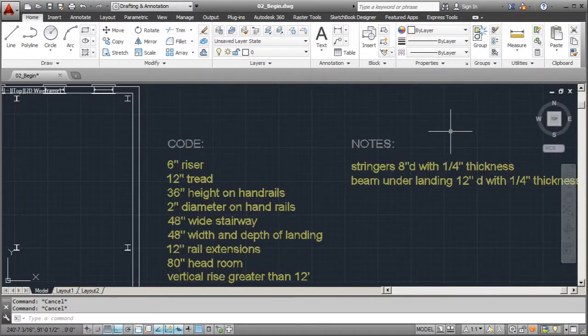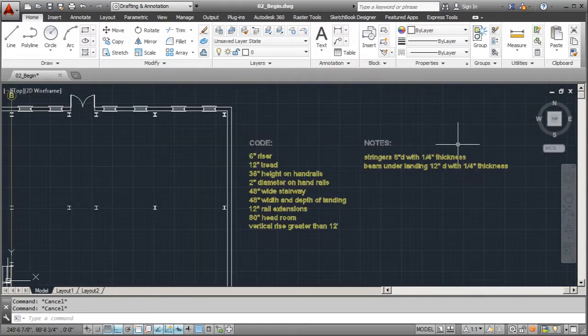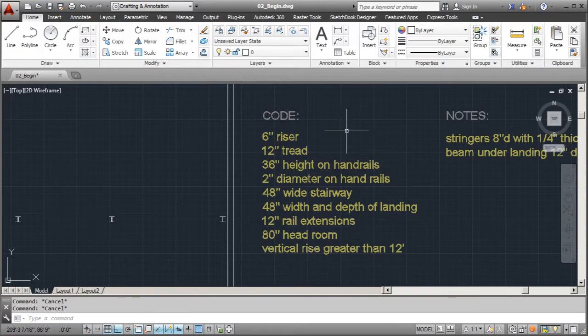I also have a couple of notes here to help me along with my detail. They left me a note here to let me know what kind of stringers I'm using, which will basically be our C channels. It'll be exactly 8 inches deep, but the thickness, or the gauge, will be about 1/4 inch thick. And the beams underneath the landing will be 12 inches deep, with a 1/4 inch thickness. So we'll keep some of these things in mind as we're going, and I'll refer back to this to let you know exactly where I got the measurements. And this will help reinforce some of the thoughts and decision making behind how we're going to actually